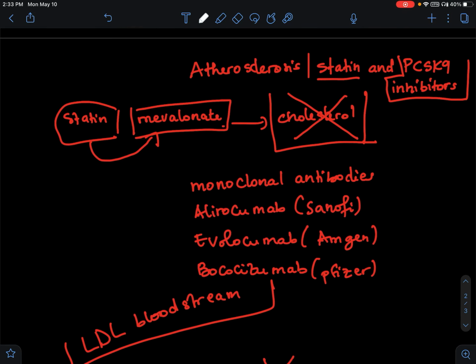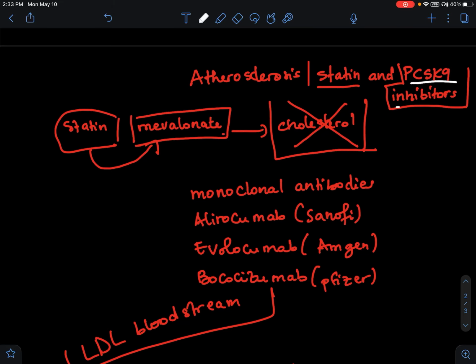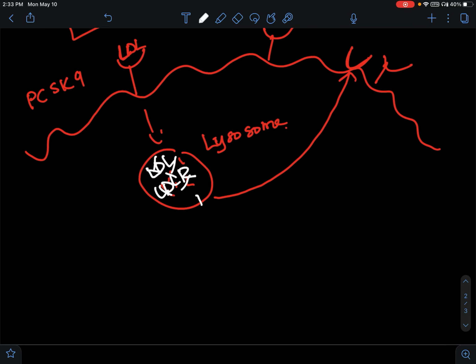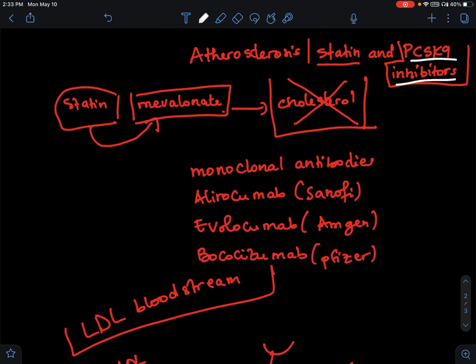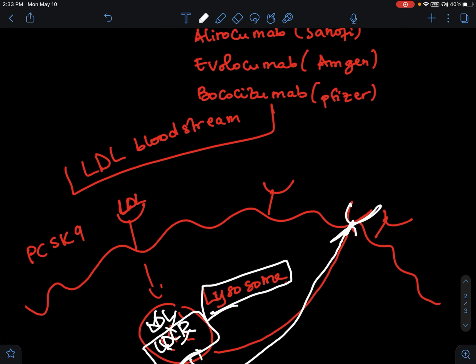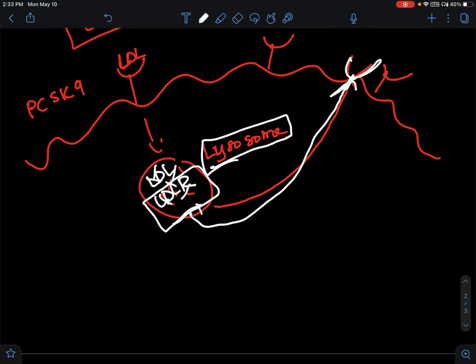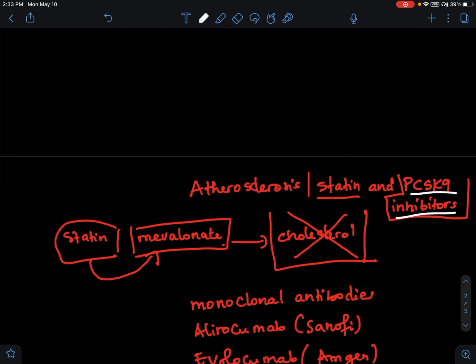So now with the PCSK9 inhibitor, they will prevent the LDL receptor from being broken down by the enzyme lysosome, and the LDL receptor will be able to go back to the cell surface. So that's how the PCSK9 inhibitor works, by preventing the LDL receptor from being broken down by the enzyme lysosome, and the LDL receptor will go back to the cell surface. So those are two examples of therapy involved in the